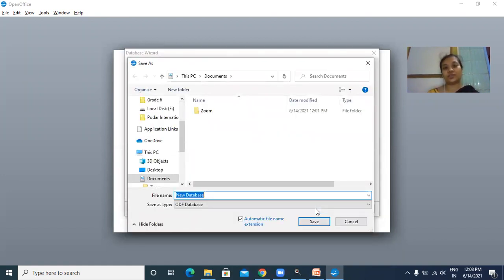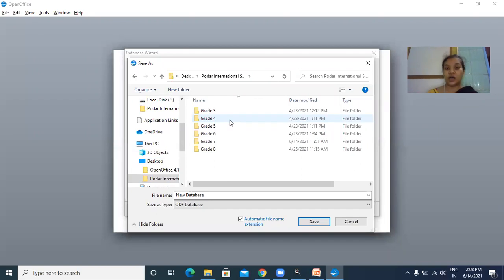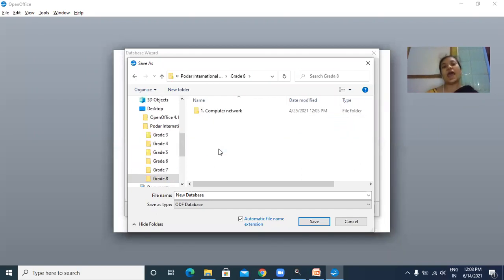Whenever we are creating any document, it will first open, we do the editing in it, and then we save. But whenever you create a database, first it will be saved, and then it will start creating the database.